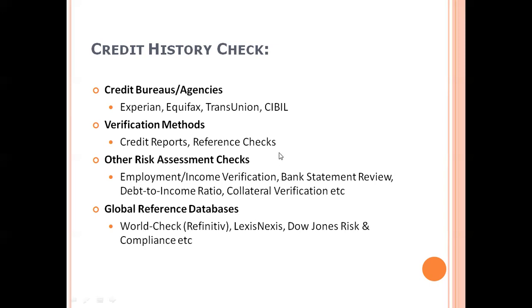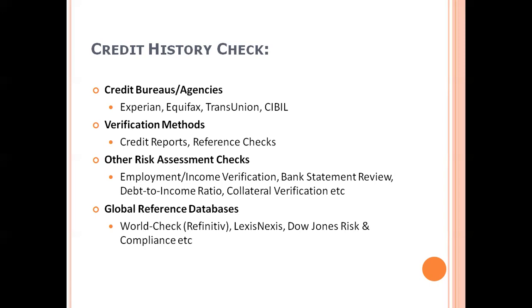Okay, after that we have other risk assessment checks. It can be employment checks, income verification, bank statement review, and debt to income. What is debt to income? It means the calculation of debt to income to assess the borrower's ability to manage monthly payments and repay debts. So in order to check this, there are a few coverage ratios, like debt service coverage ratio and interest